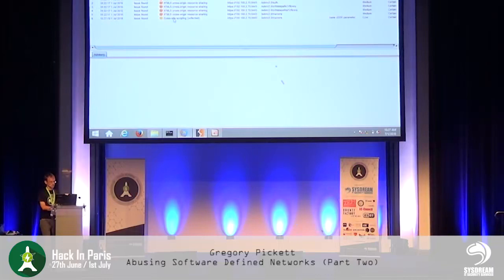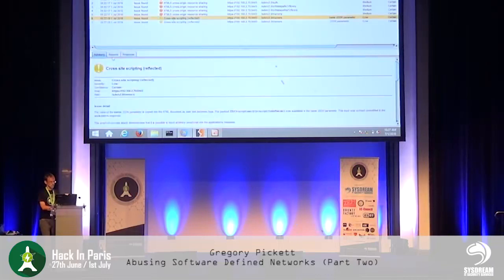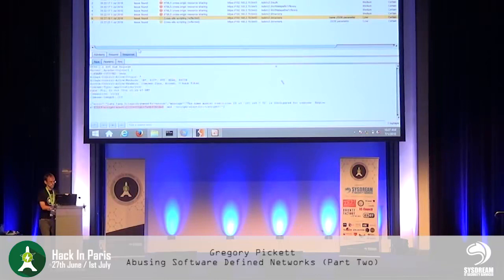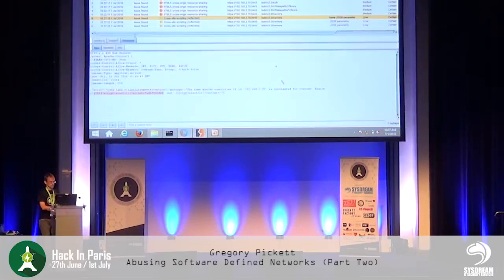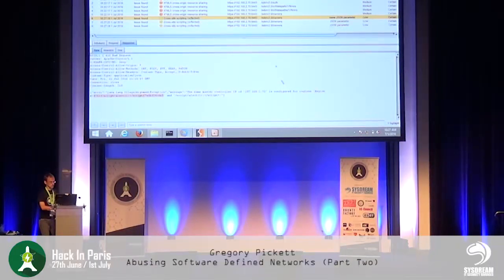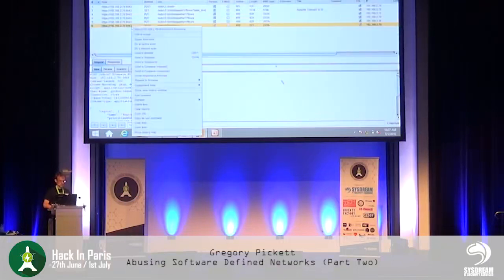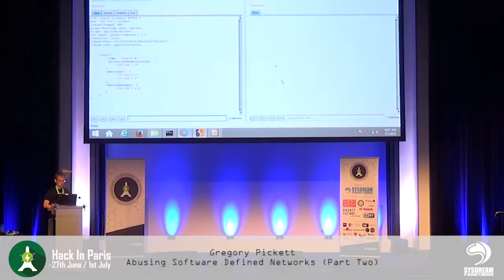Cross-site scripting, reflected. It comes right back as it was sent. Okay. So that's reflected cross-site scripting, and that's common among the controllers, including HP. And then I'm going to go ahead and push this over to Repeater because I want to show you one real quick thing here.